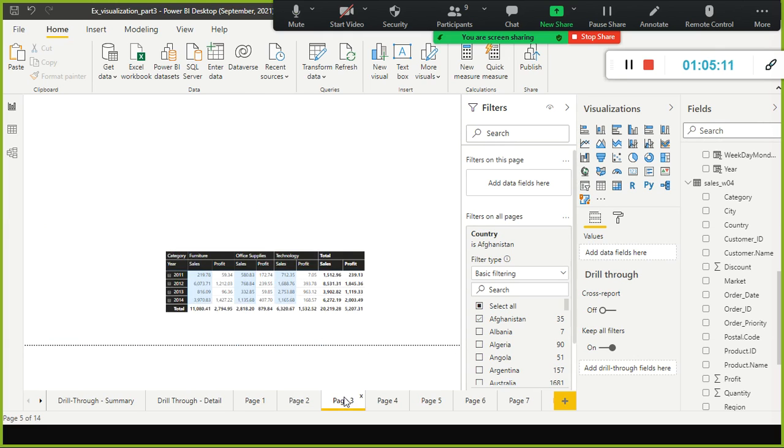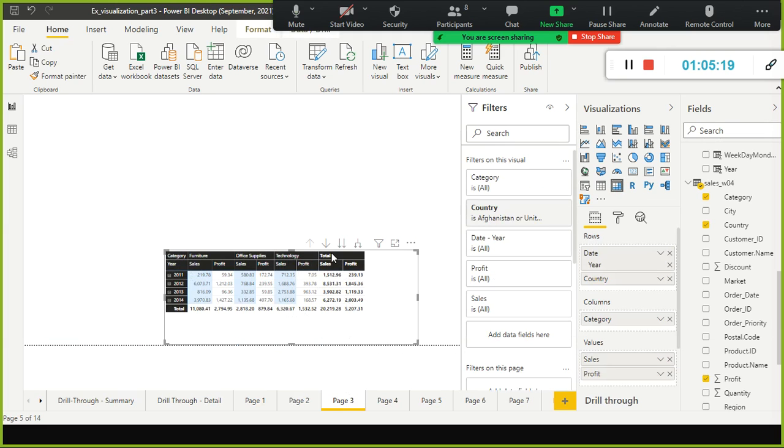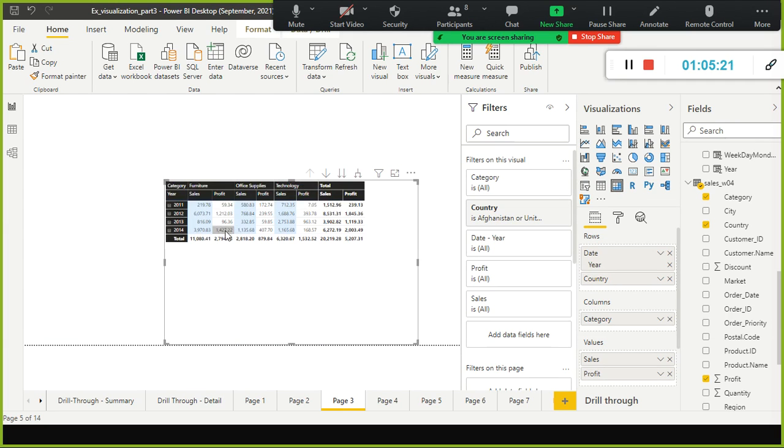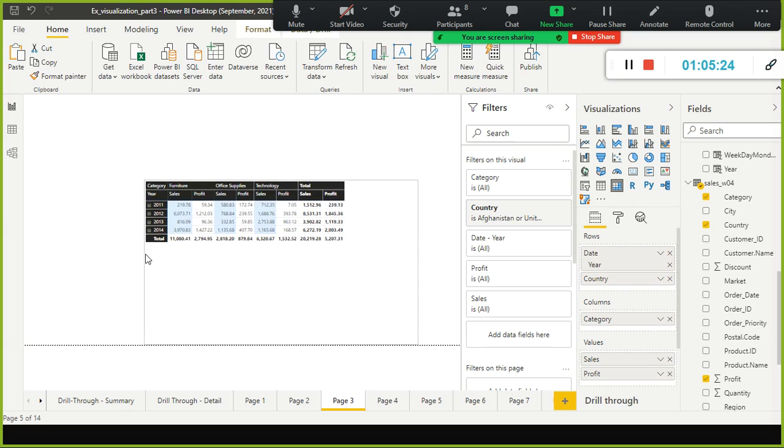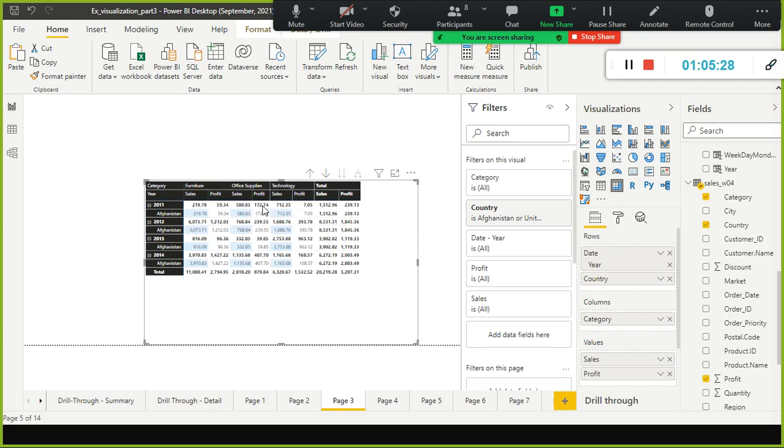And page 3, next page. Here the country, one second, let me just expand this one. See, Afghanistan related data only, we can see it here.